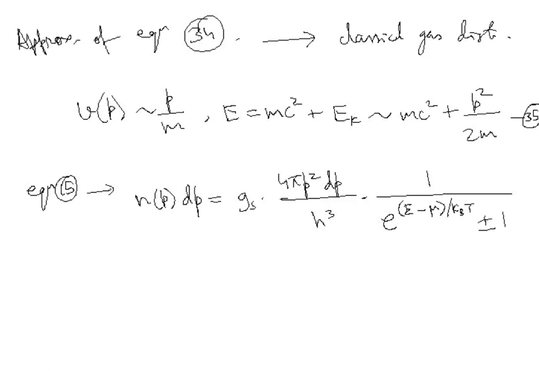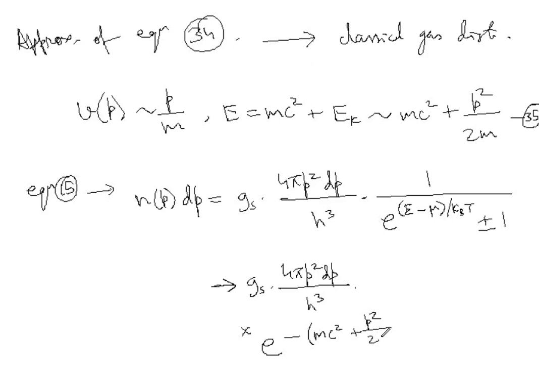Fine. Now, because of this approximation, we have these equations, and as a result, this equation will now become gs again 4 pi p square dp by h cube, multiplied by e to the power minus mc square plus p square by twice m minus mu by kBT. Okay, and we can write this as